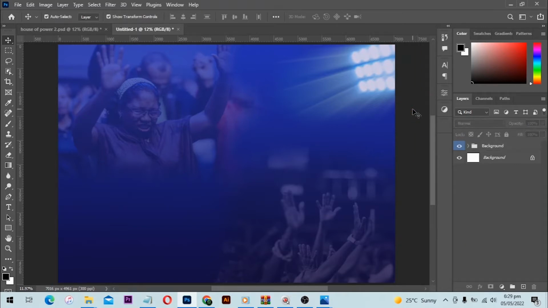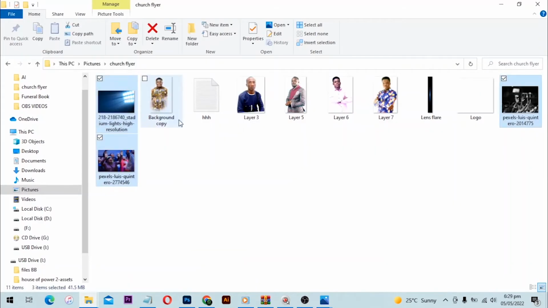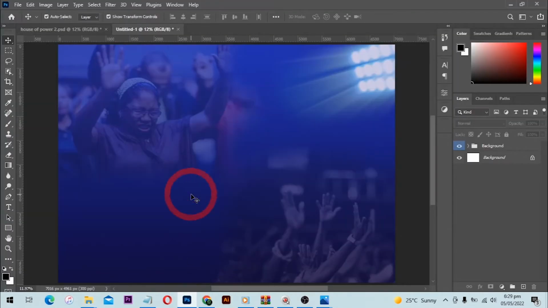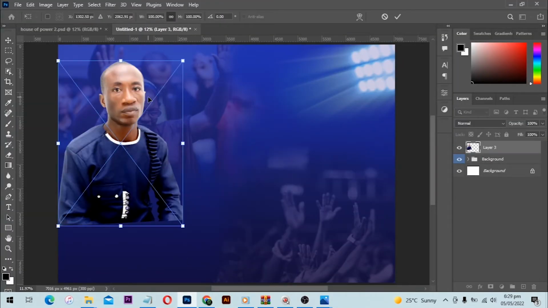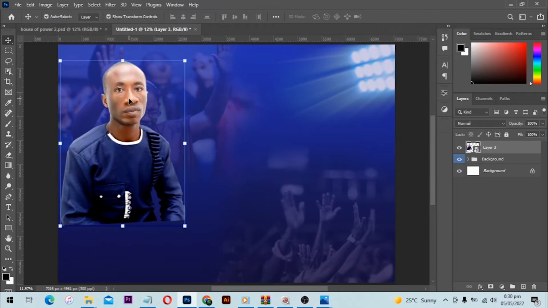So if you have been able to purchase one of my PSD files, you will see I normally do this thing. Okay, then from here I'll go to my files and I'm going to add in my main pasta. So I'll click and drag this image here, click on this, commit changes to apply these changes. I used the pen tool to make a selection around this image. So you can see the selection is very well done